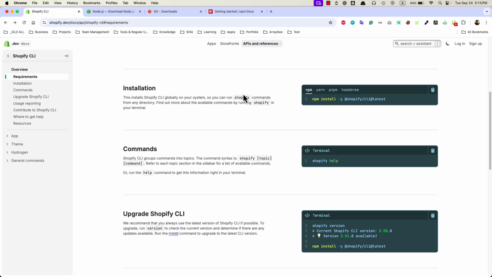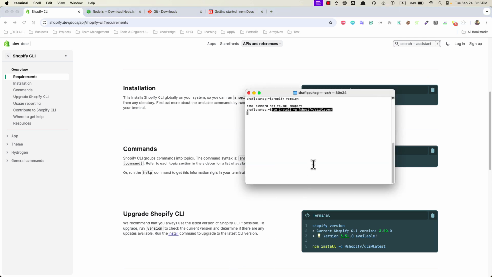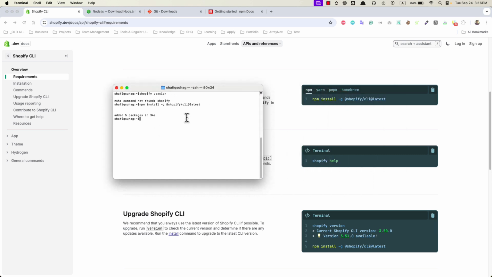So for that, using npm, you can use this code, paste it in the terminal and press enter. Perfect. So we wait for the installation. Okay, so the Shopify CLI has been installed. Now it's showing that 5 packages have been added. So now we can check the Shopify help command,